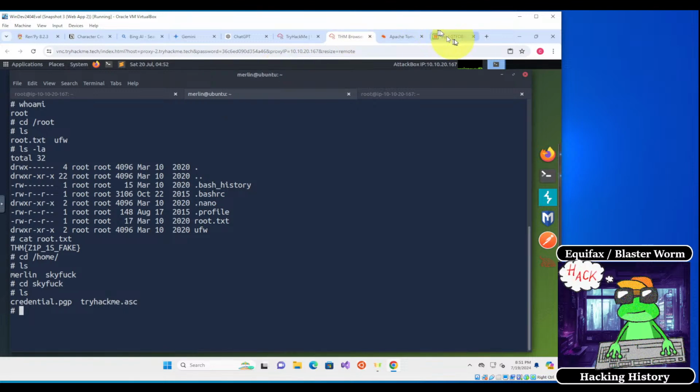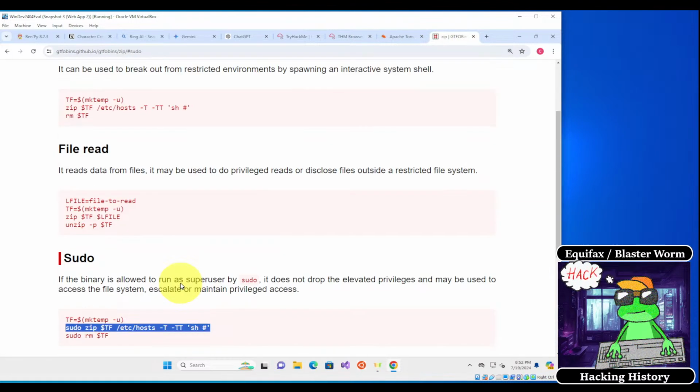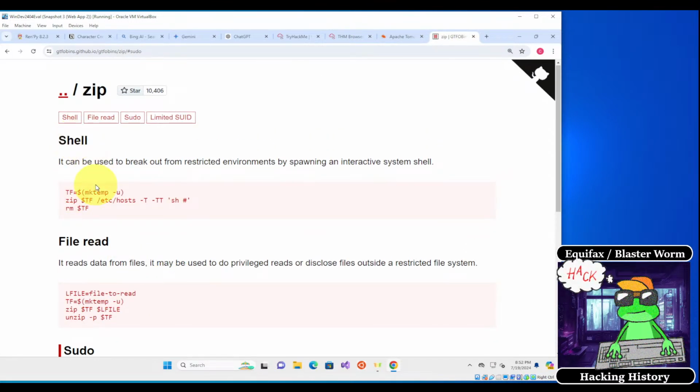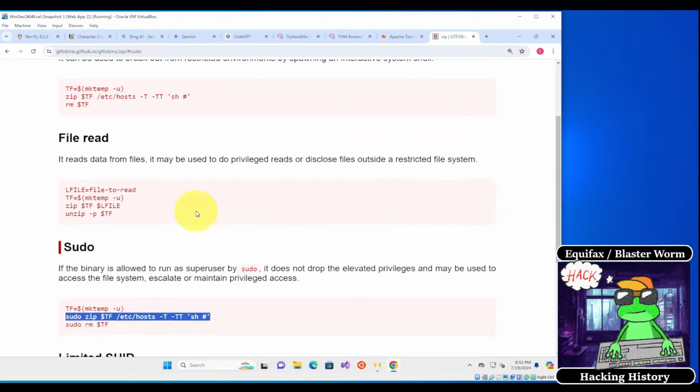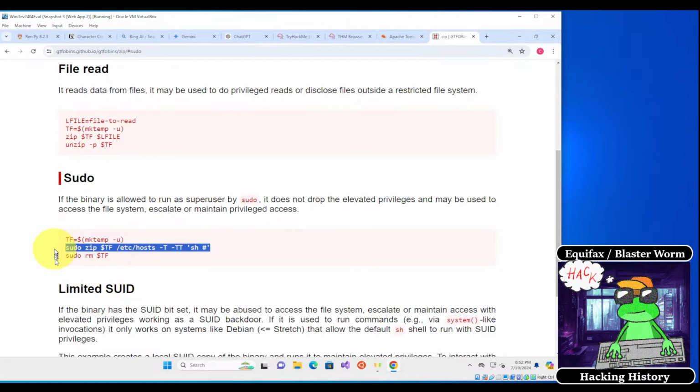And so we did some research over at gtfobins.github.io, which gave us the method of privilege escalation using sudo and the zip binary. And so we did that, and in doing so, we were able to get root access to the box